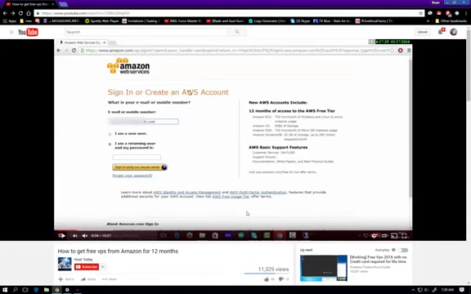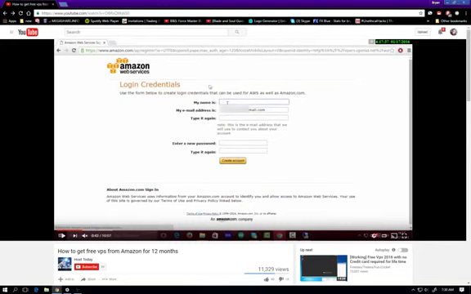Okay, so it's going to ask you to sign in or create. You'll just sign in and make sure it's I'm a new user, and then it'll ask you to do a password. Next, you'll go to this, which is your login. It's going to ask your name, your email, and then to create your password. And the reason I'm going through this step by step is this is like a 5-step process.